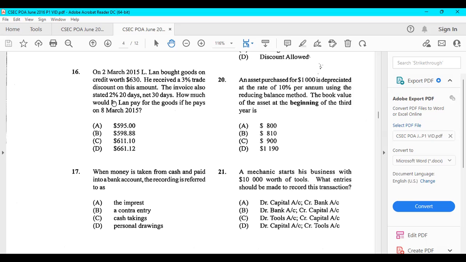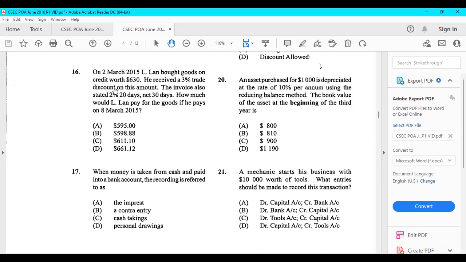And then, the credit term said that he will get a 2% discount if paid within 20 days. This is what it means. Net 30 means otherwise, if you don't pay in 20 days, he has a total of 30 days to settle his debt, and he will then pay at the full price. That's what it means. So find 3% of 630 and subtract it from 630. 3% of 630 is $18.90. Subtract that from the 630,